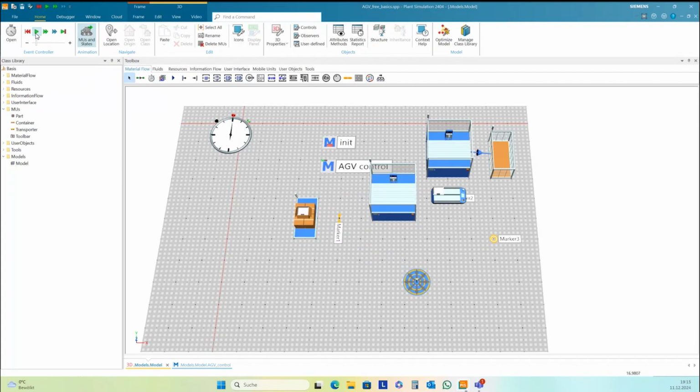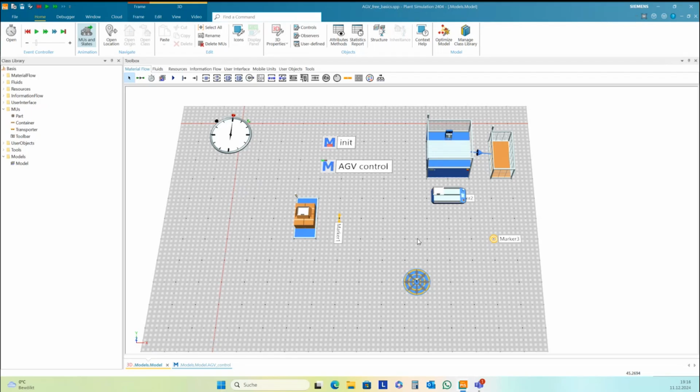No, HEV doesn't identify any objects on its route, and so you need to set the markers in a way that the HEV doesn't collide with any station or equipment or wall, or what you have to consider here during the routing of the HEV.